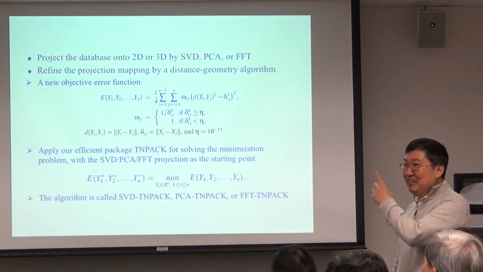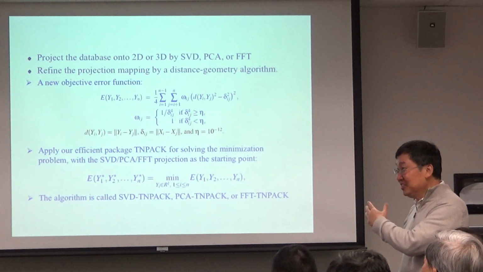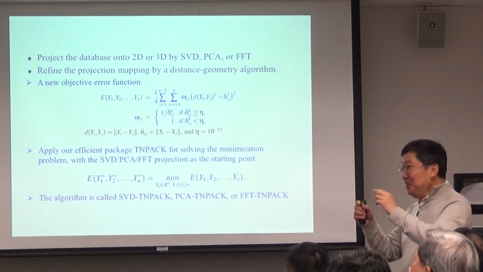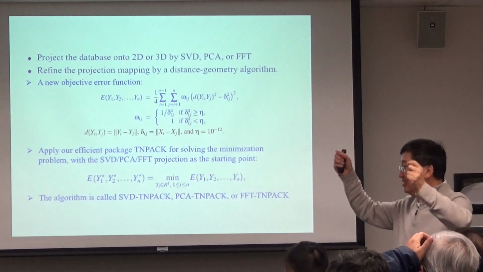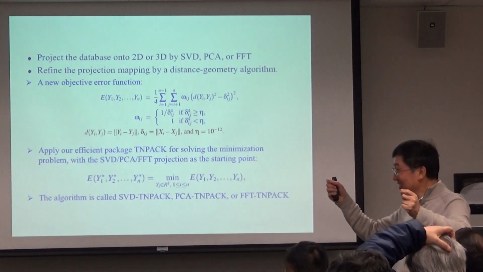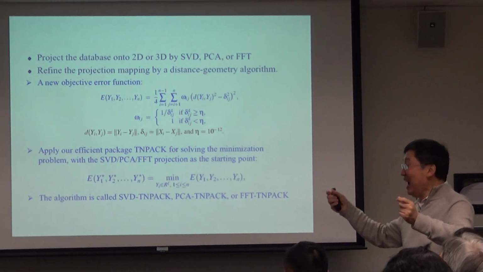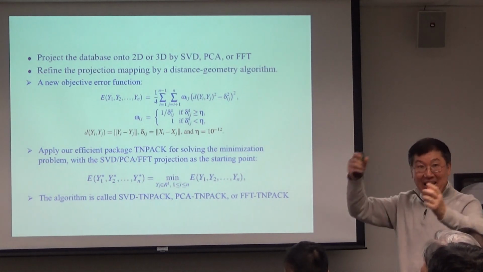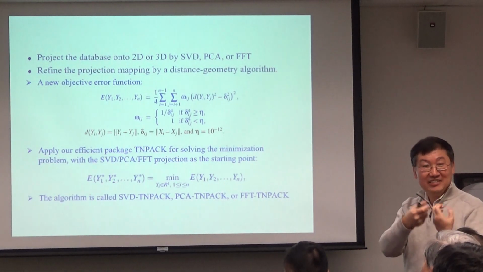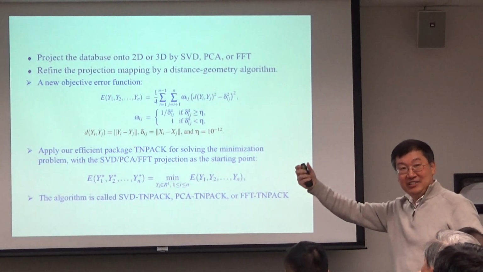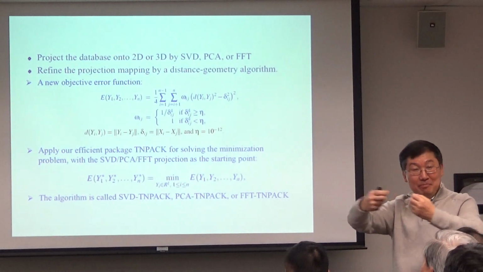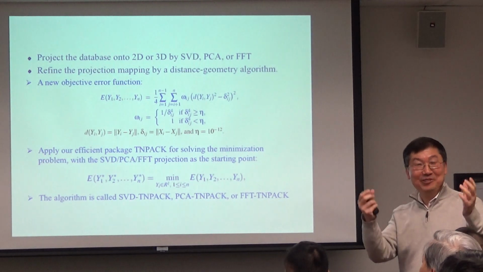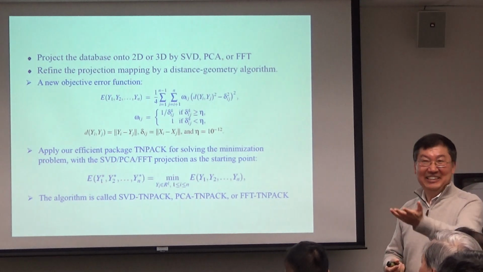But for distance geometry problems, mapping alone is not the issue. Most importantly, we want to retain the distance similarity relationships. So that's why we have to further refine it to minimize the total error between the distance in the low dimension and the distance in the high dimension, making them match as closely as possible. That's the reason we have to combine both together, yes.